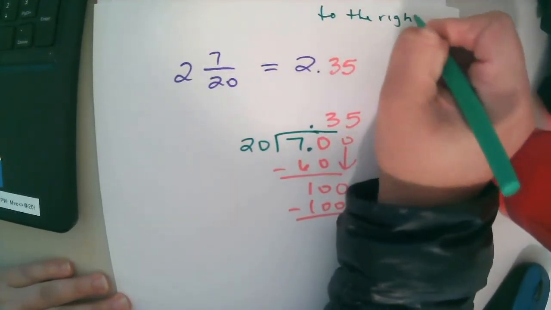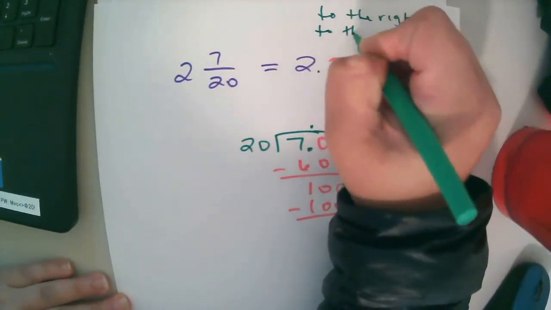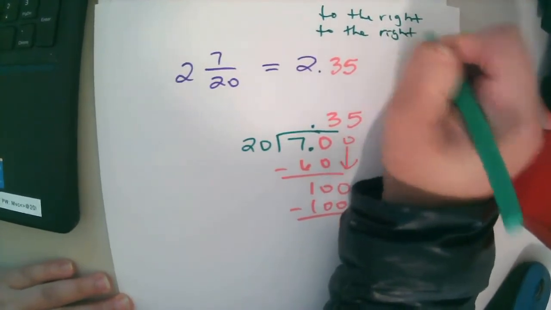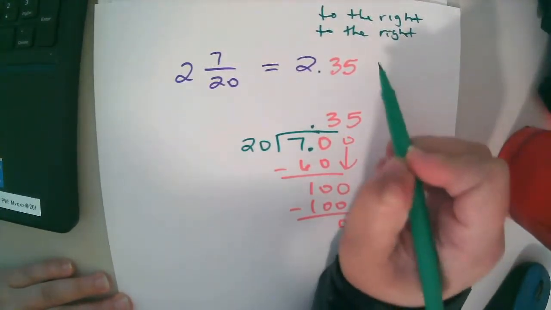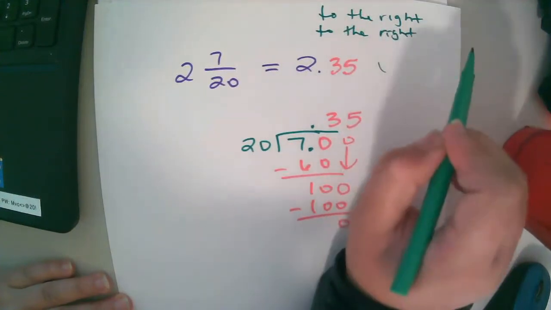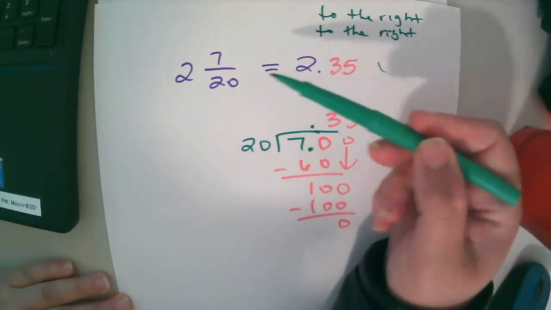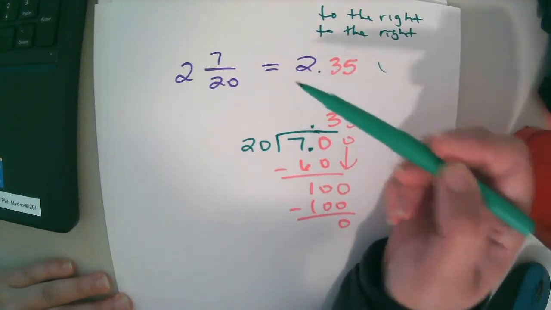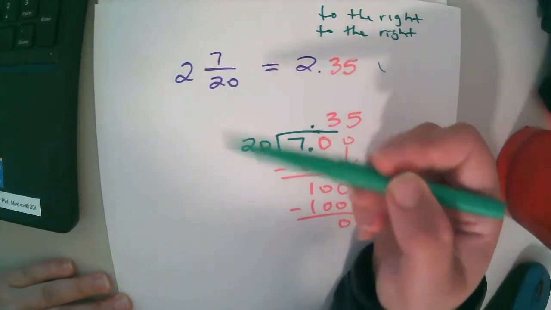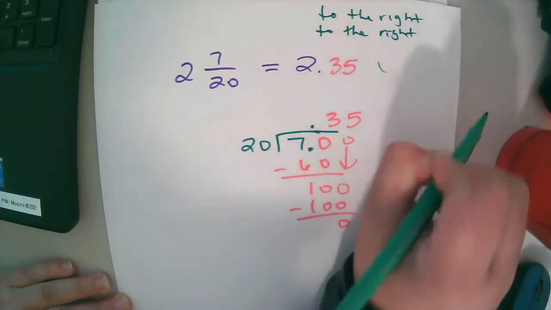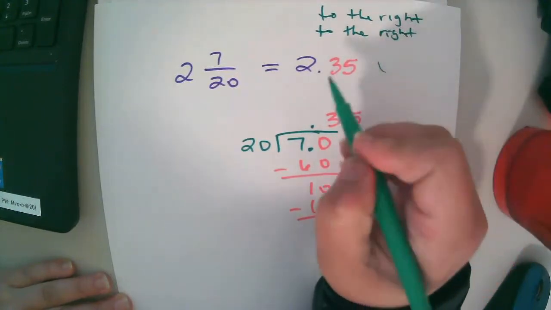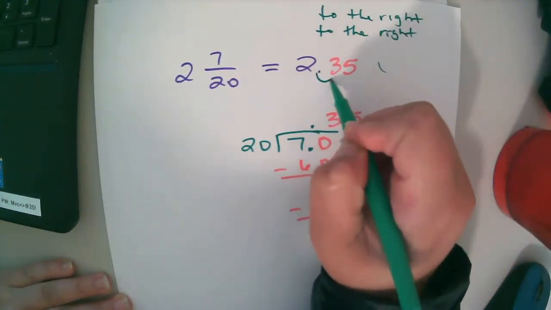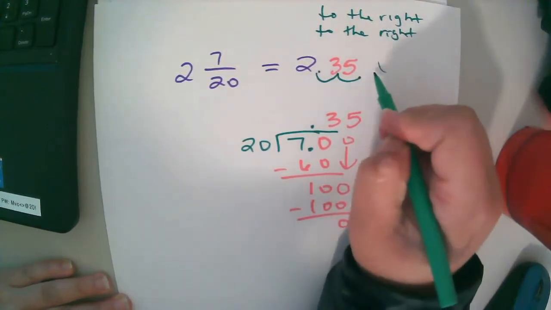To the right, to the right. And if you forget that, just think your percents are always at the end. They're always on the right. So that's the direction we're moving it. Your decimals are usually on the left. So to go from a percent to a decimal, you would move it to the left, to the left. But since percents tend to be on the right, you go to the right, to the right. So I'm going to move it to the right, 2 spots. 1, 2. So my answer is